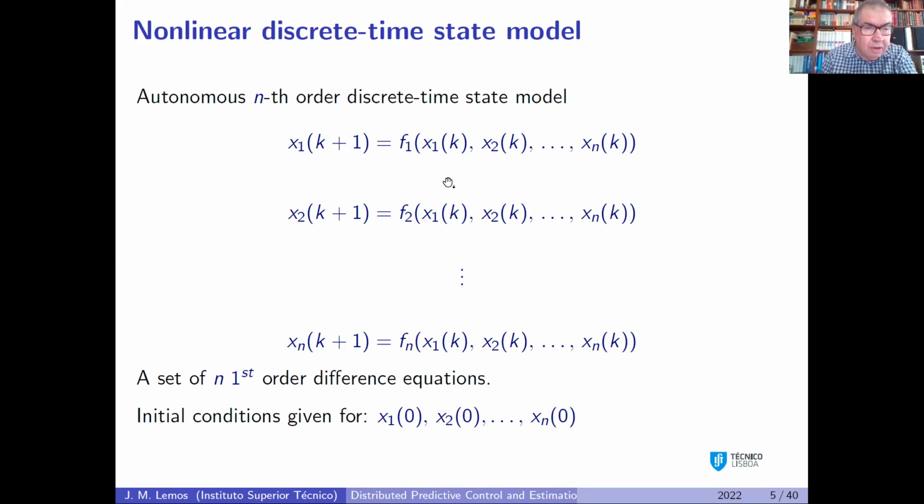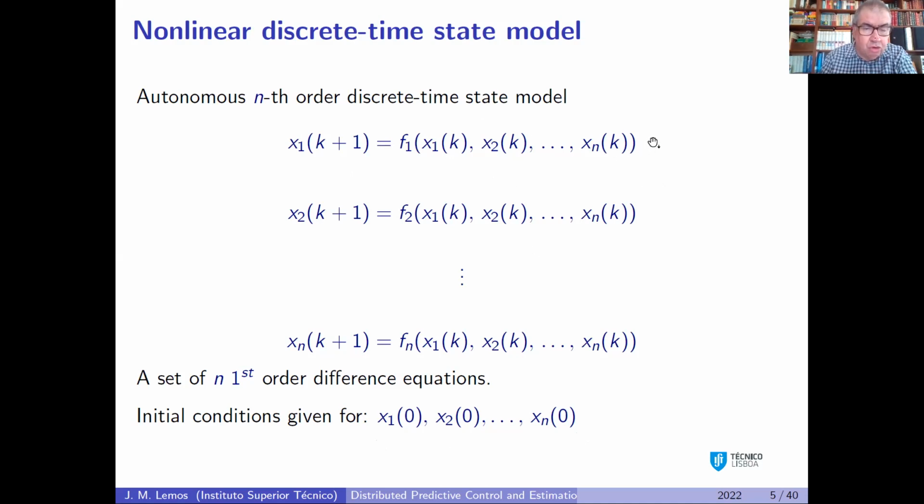So x1 of k plus 1 is a function, I call it f1, of x1 of k, x2 of k, etc., xn of k. So I'm assuming that I have a system of order n. And I write n of these equations. And of course, I need to start with some initial conditions. So I specify the initial conditions for the state, and then